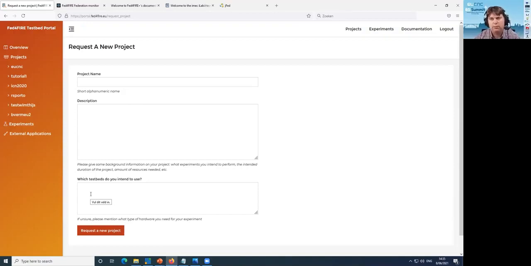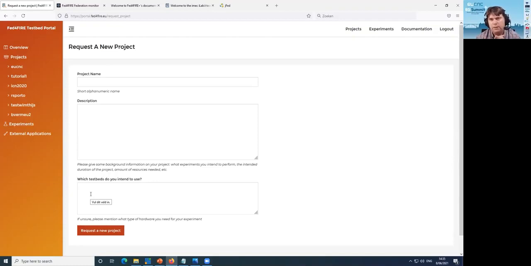So the admission works as follows. If a new project is asked, then we as a portal administrator should admit that. So we need to process it and go through it. But if you ask another user to join one of your projects, you will be able to admit him or her. So that's how it works. So we actually distribute